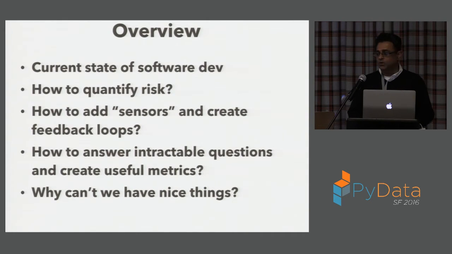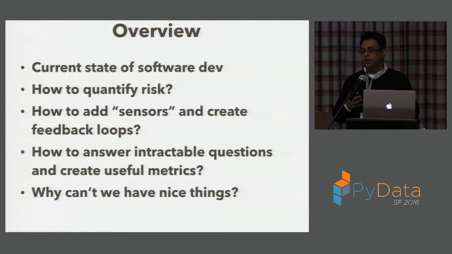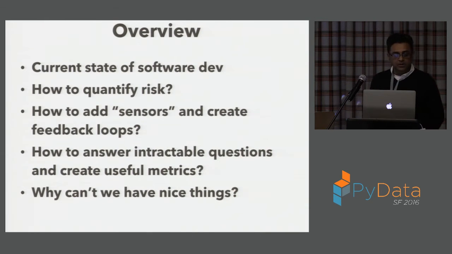So what we'll do is look at the current state of software development and see what the meaning of risk in software development is and how we quantify it, because there's always risk of things breaking, of not delivering software, of many different things. And we often argue about it intensely, but we don't have a data-driven base to reason from. Increasingly, with applying analytics to some parts of it, we're getting better. But what I'll show you here is that there are major aspects that are missing and some things we're doing just wrong, and hopefully we can do this better.